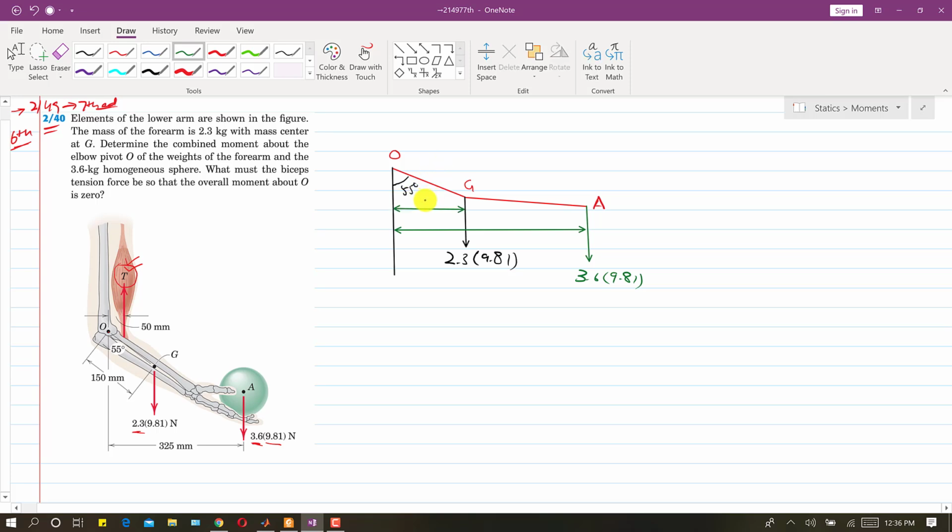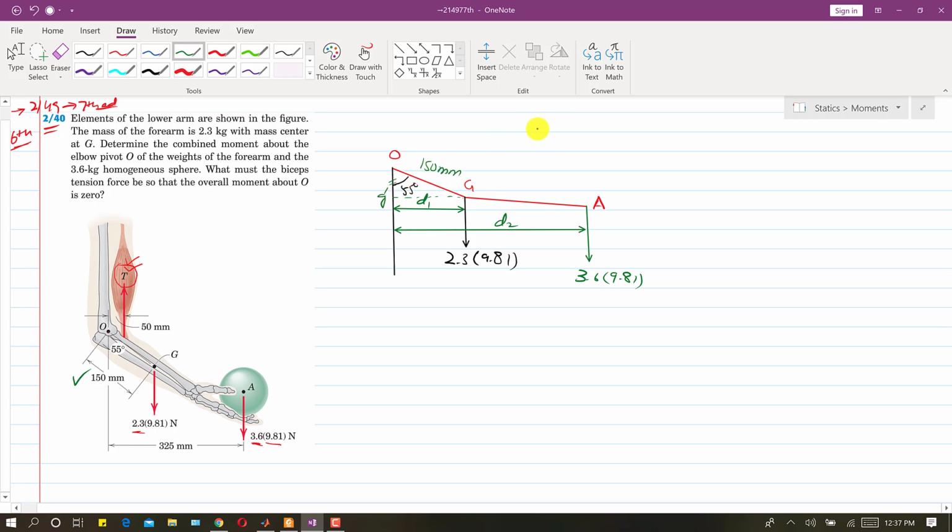So now if I write that this is D1 and this length is D2, we need to find D1 and D2, right? And the OG length is given. The OG length is 150 mm. So this D1 length is which component? Let's suppose I write this as G dash. So this G dash is the sine component of this 150 mm, and this is the cos component.